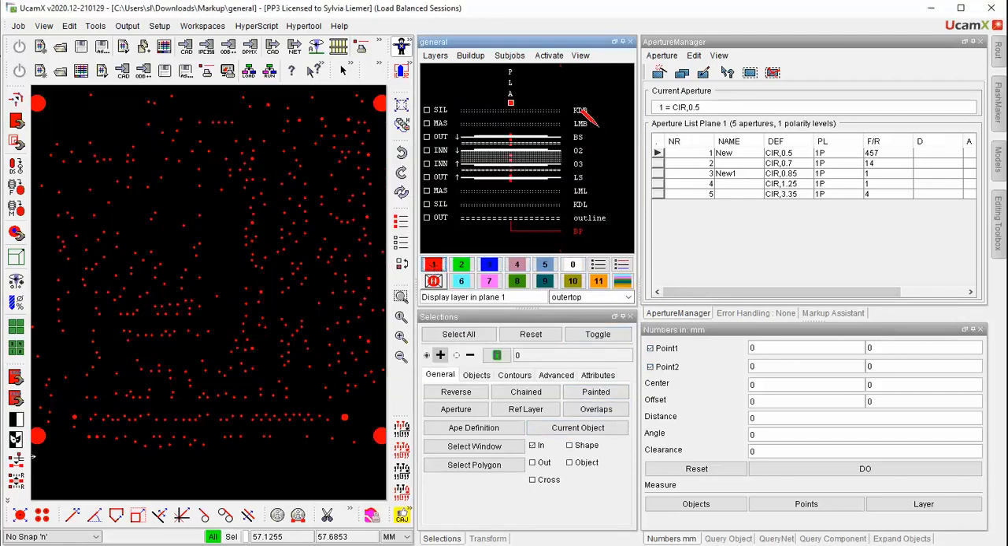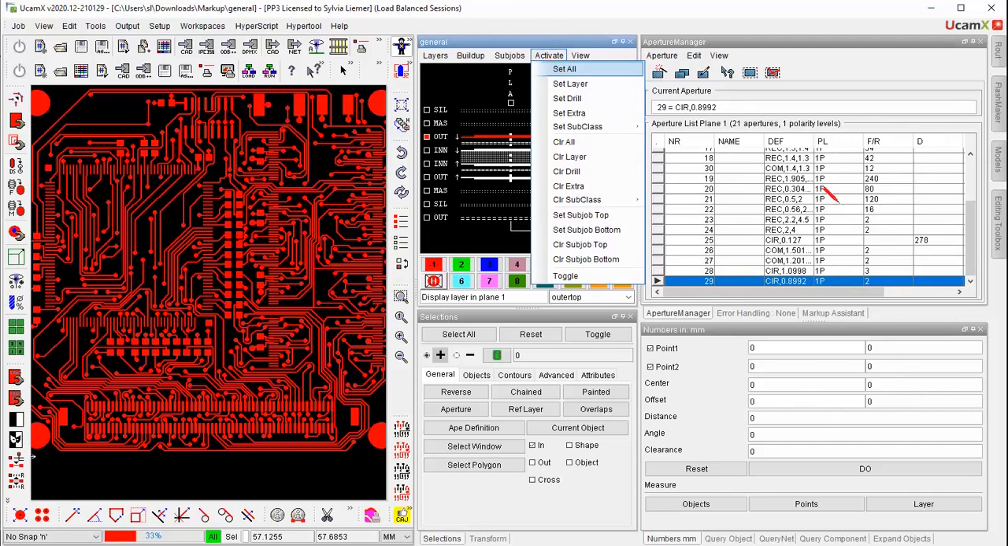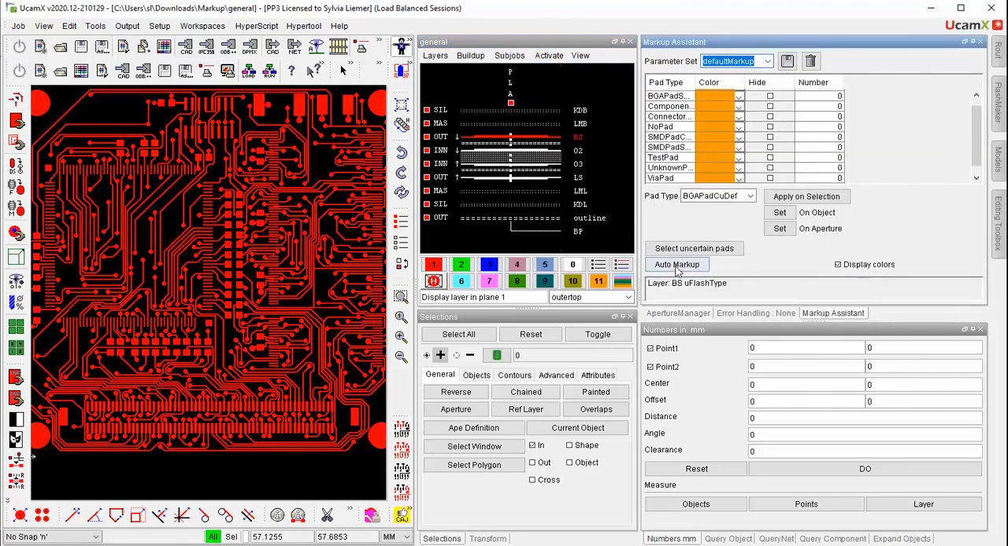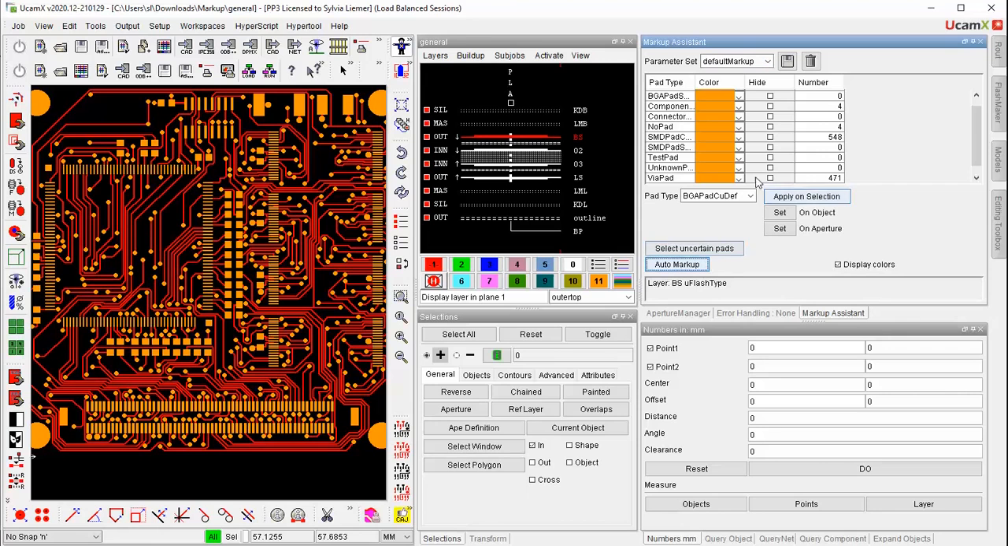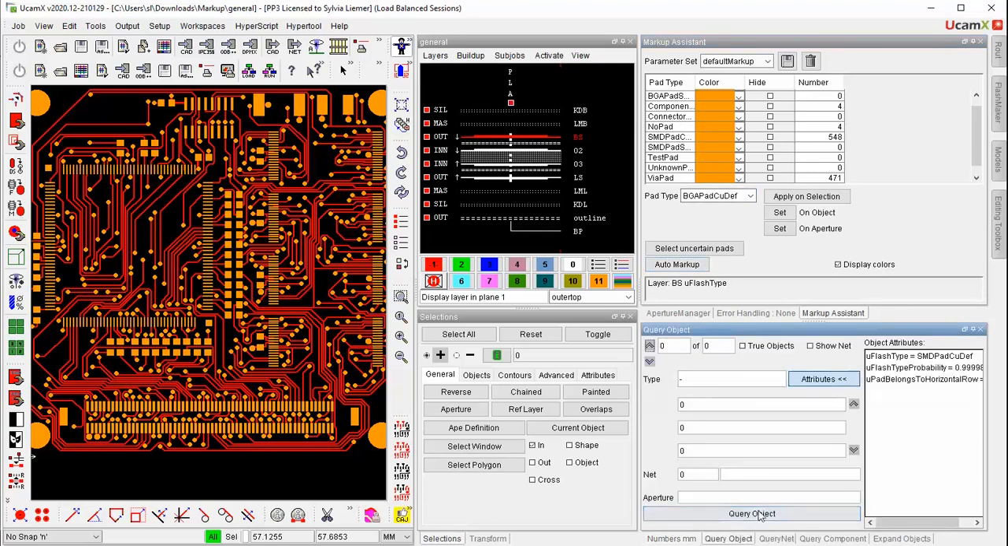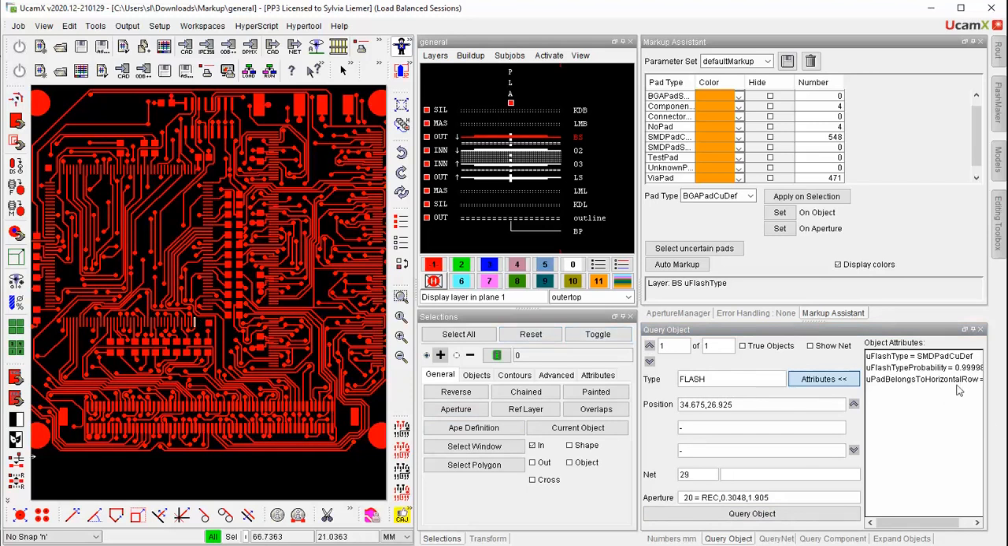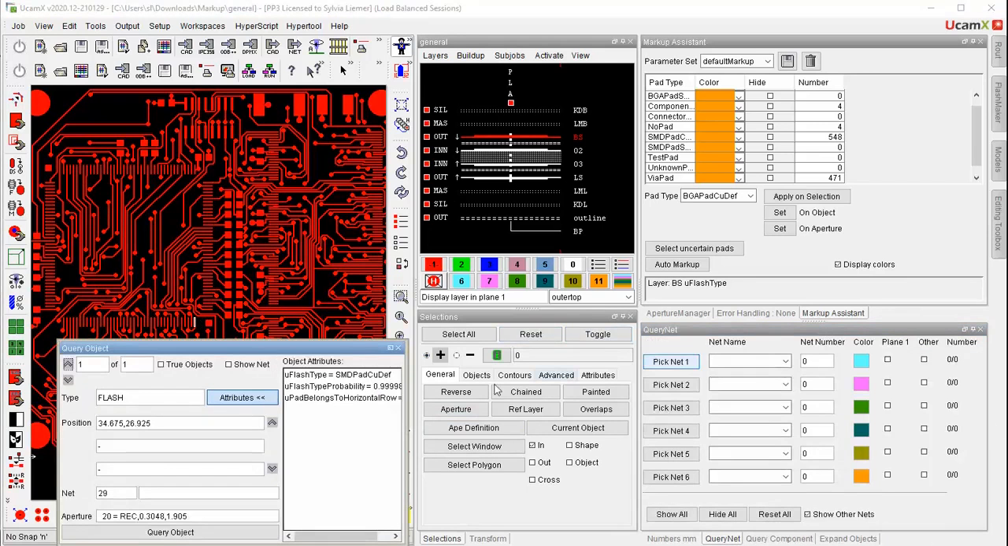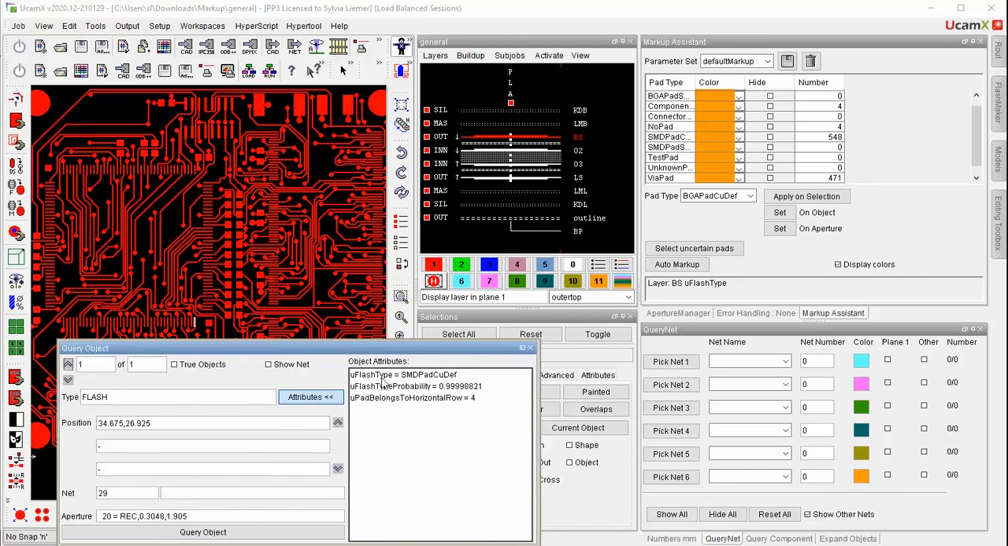Going through the markup process is now only one click. So I do the auto markup and directly see the SMD pads, the wire pads, and whatever is in there as attribute then. I can go to Query Object, try one of these, and that's a little bit small, so I make it a little bit bigger. And you see on top,